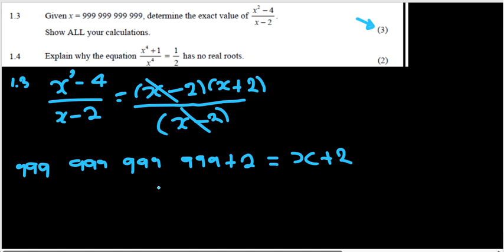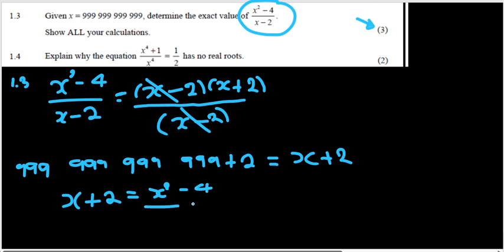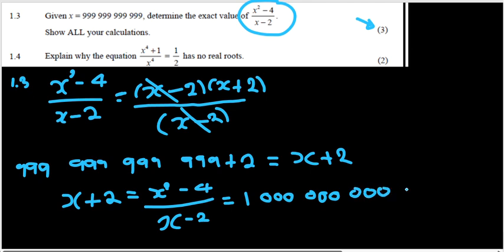So therefore, I can now provide the value of this expression: x plus 2, which equals (x squared minus 4) all over (x minus 2), is equal to 100001, and the answer is complete with the 3 steps. Okay,